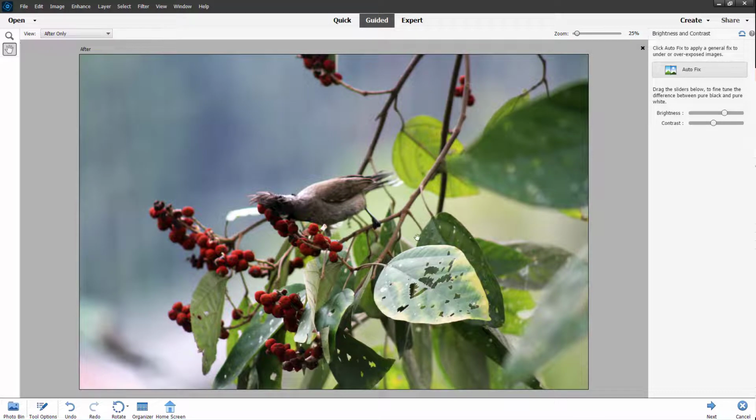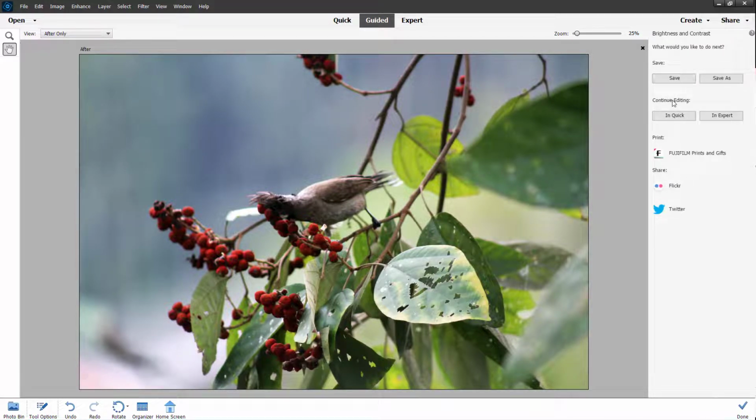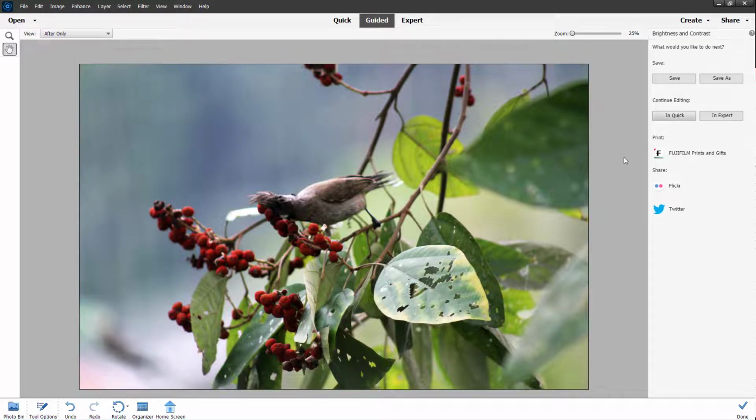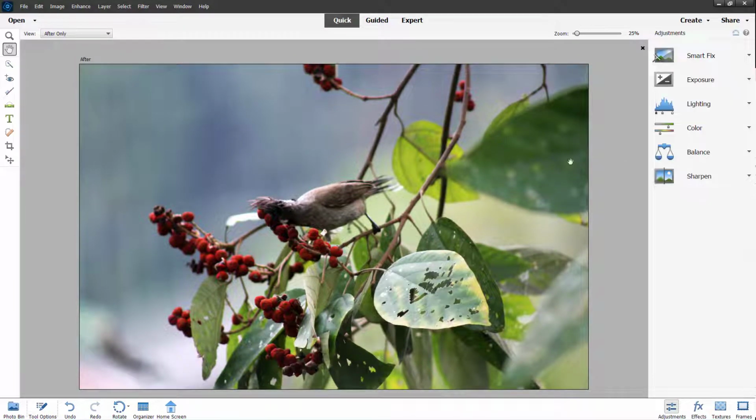And when you're happy with the final result, you can click on next, and then you can save it, or you can continue editing in quick or expert mode right here. So I'm just going to say quick right here, and then you get the regular editing mode again. So that is how you can work with the guided brightness and contrast option inside of Adobe